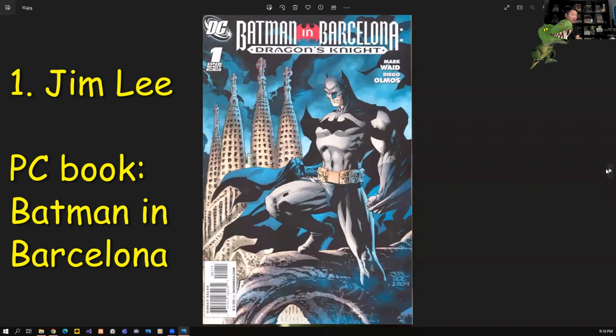Both in DC and in Image, you're just going to find a Jim Lee cover, and there's nothing remotely done by him in the book, just the cover to sell that book, which is fine. But those kinds of books I'm going to run across, and I've looked at them and thought, I really don't need to add this to my collection right now, even if it's a quarter. I can always pick up those books at some point. So I don't need to be dumping quarters into picking up every Jim Lee cover, which is something I probably would have done